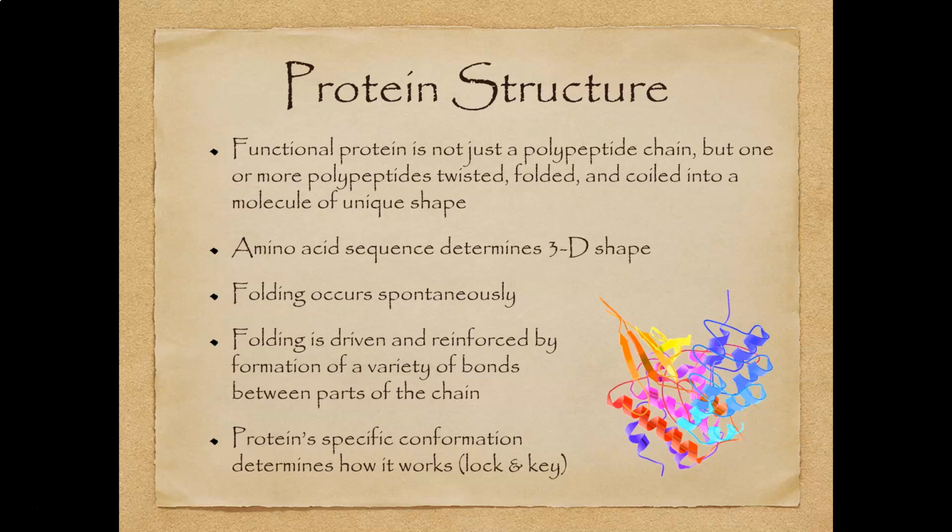A straight chain of amino acids isn't a functional protein. So in order for a protein to do its job in your cells, that protein then needs to create a three-dimensional shape. It needs to fold, it needs to twist, it needs to coil up on itself in order to actually perform its function. And that folding is going to happen spontaneously in your cells because remember,